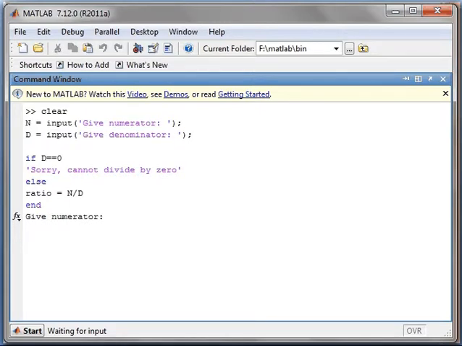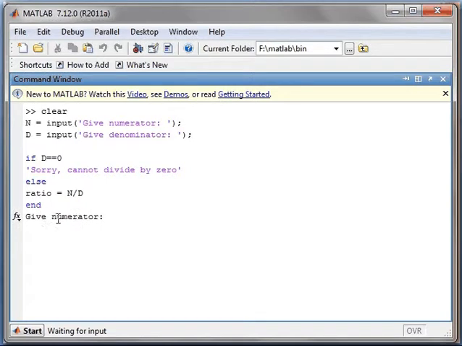Now I am taking an if-else loop. If d is equal to 0, that is, if the denominator is 0, then the output should be 'sorry cannot divide by 0', because no number can be divided by 0. Else, if the denominator is not 0, the output will be ratio = numerator divided by denominator.